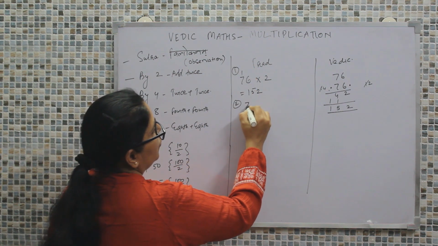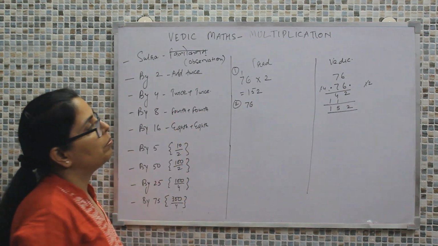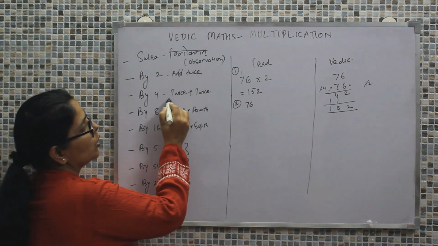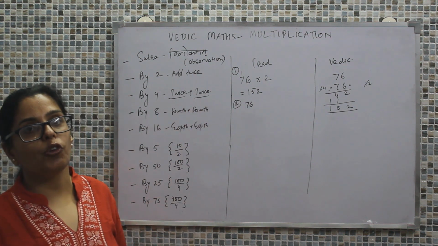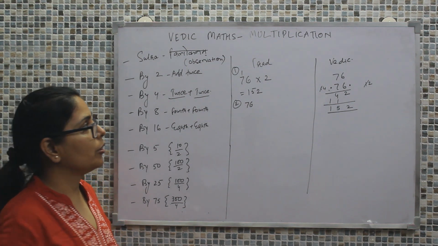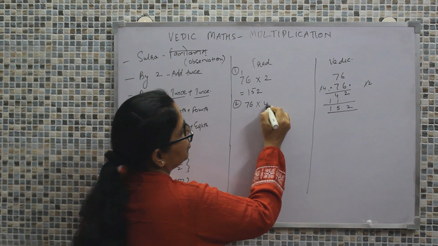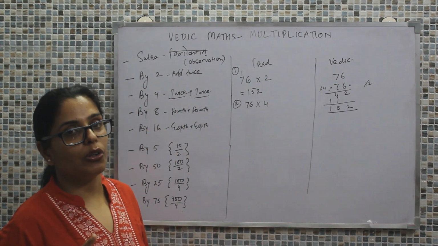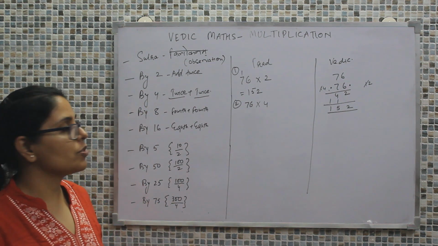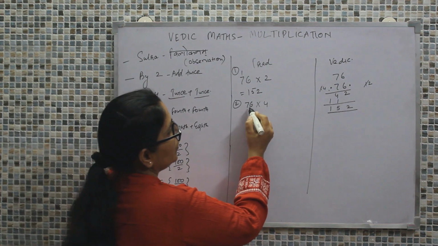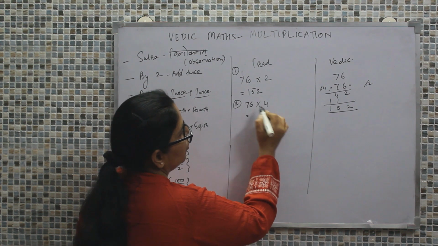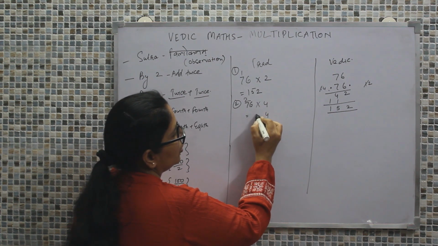Moving ahead, we have the next process, that is multiplication by 4. And when we talk about multiplication by 4, it means twice plus twice. So whatever result we have obtained by multiplying it by 2, we are going to add the same number to it. Okay, so suppose we have 76. I'll take the single example of the number 76 and I'll repeatedly multiply it with 2, 4, 8, 16 and on and on. Okay, so we have 76 into 4. As per the traditional approach, 6 4s are 24, 2 carry, 7 4s are 28, 29, 30.